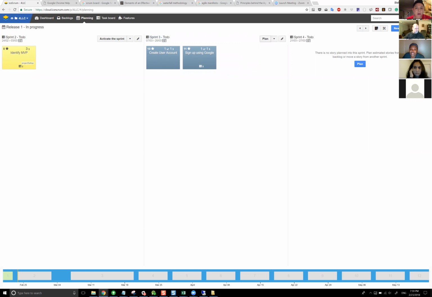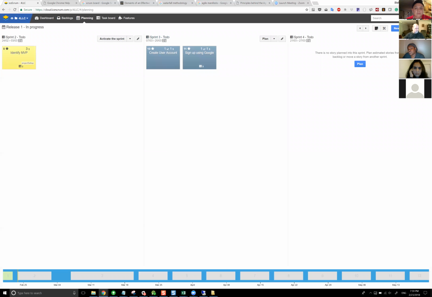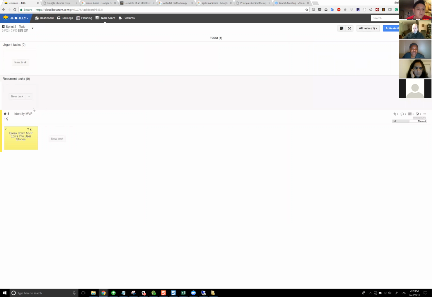So if we do plan here, we'll see those 2 user stories that we had estimated before. They're now available for planning. We can put them on the board for this 3rd sprint or the 4th sprint, doesn't matter. We can actually even put it on this board for the current sprint because the current sprint hasn't been activated yet. But once it's on the sprint and you actually look at the task board,